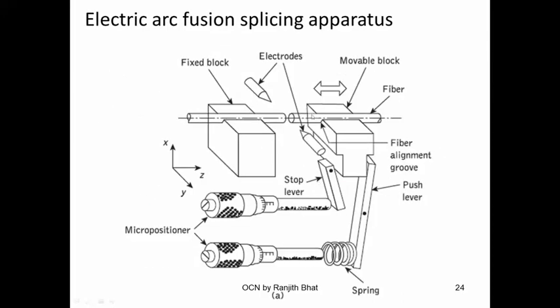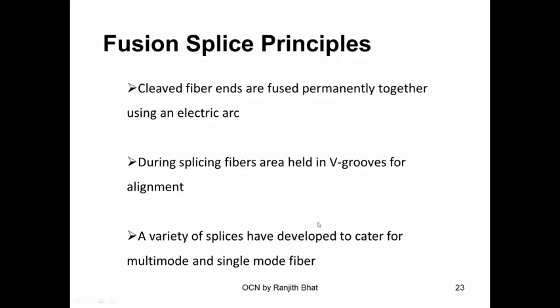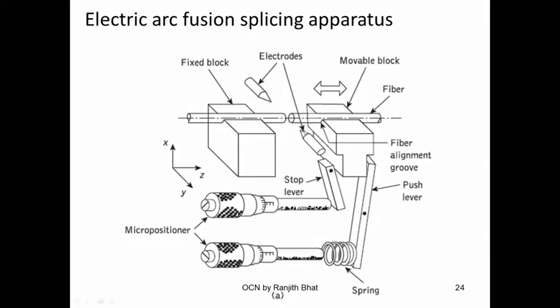So let us see how it is actually happening. This is the fixed block, this is a moving block. Here the fiber is kept. These are the electrodes which are going to cut the fiber, and the moving block goes away from the fixed block, so that there is a cleave which is formed here, and the electrodes will carry current such that the filament will break the fiber into two parts without the lip